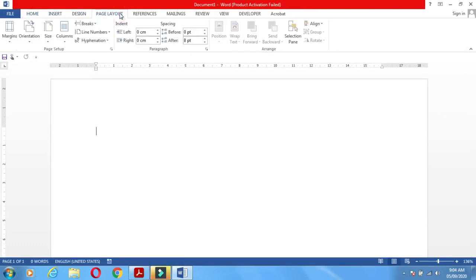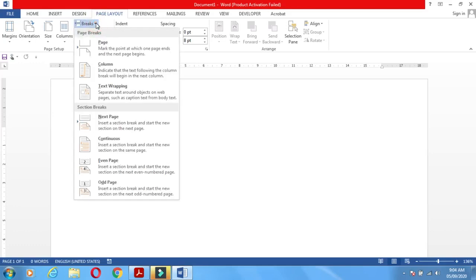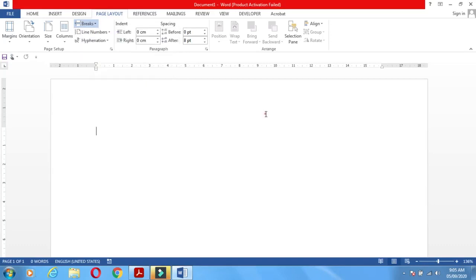Click on the page layout. Then in the page layout, you can see here the breaks, and here is the page break. The options are page, column, text wrapping, next page, continuous, even page, odd page. These are the options available here, and you can choose them.